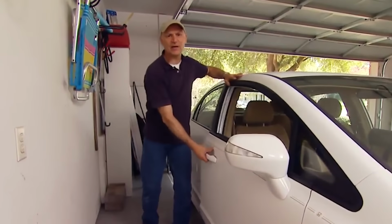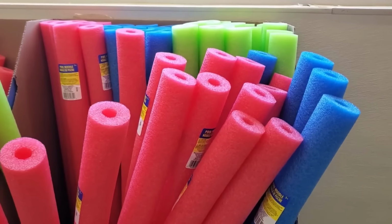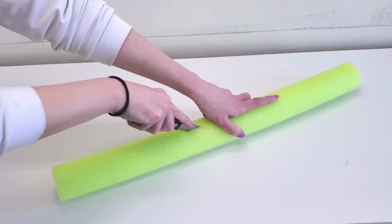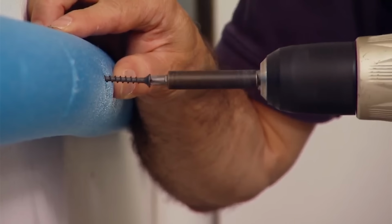We introduce a brilliantly simple hack to save your car doors from dents and scratches: a pool noodle as a protective bumper. It's frustrating when a quick swing of the door in a tight garage leaves an annoying mark, but this fix can help. Take a pool noodle, cut it in half lengthwise with a utility knife, and attach it